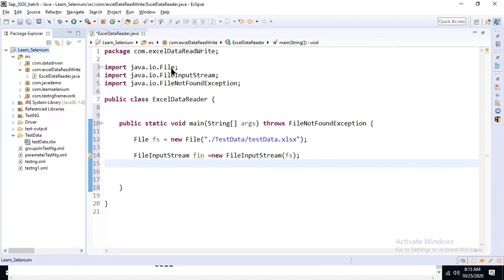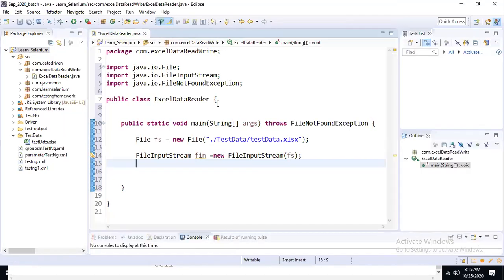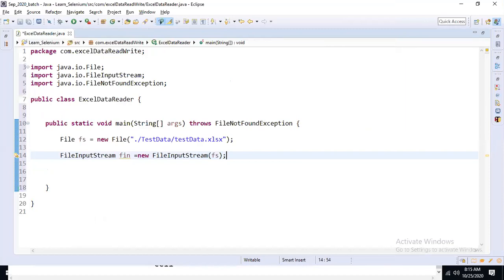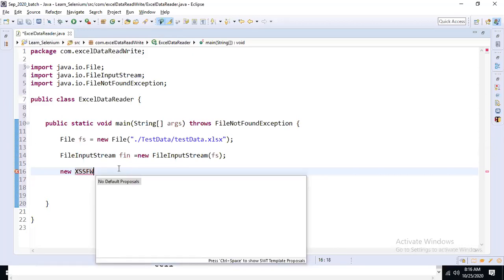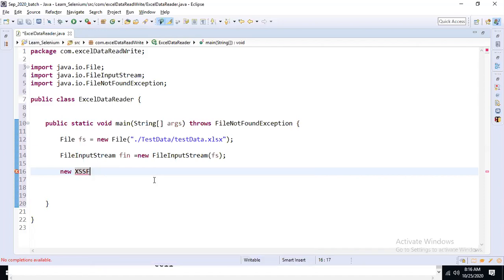Now that we have configured all the jars with our project, if you write XSSFWorkbook and press control paste, that class should be autocompleted. Wait, why is it not autocompleted?